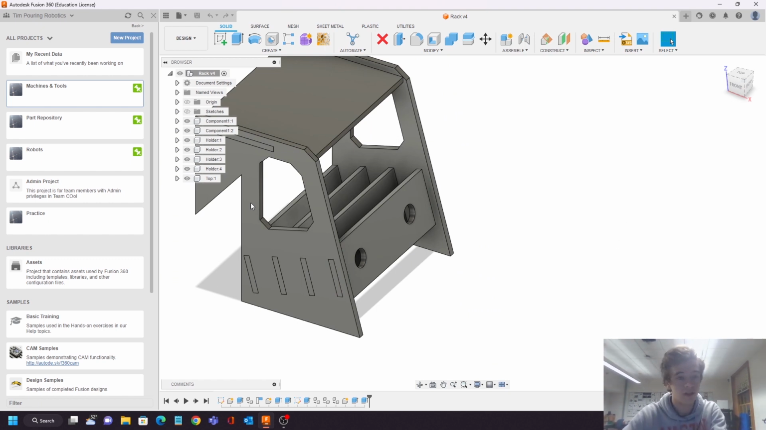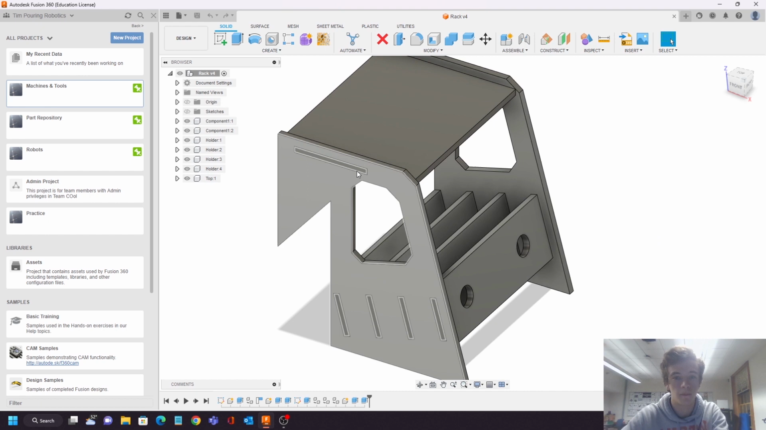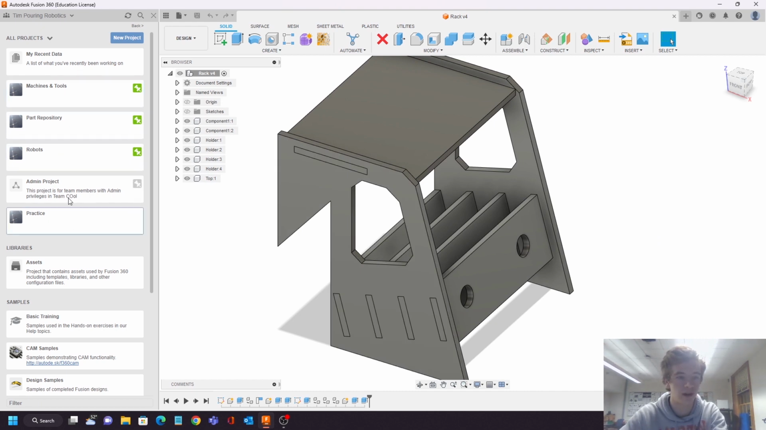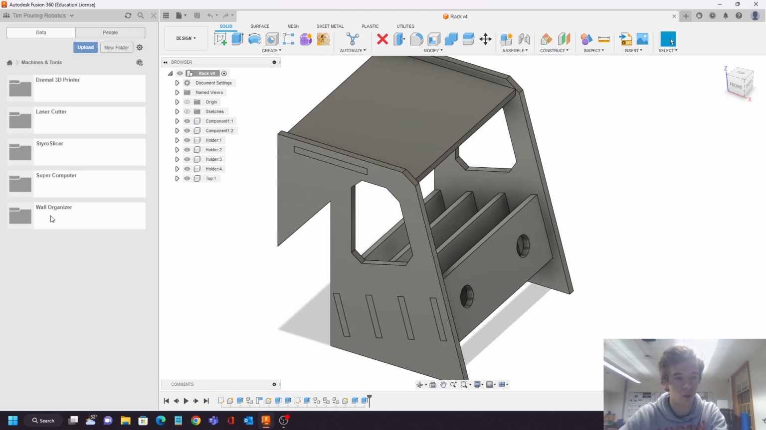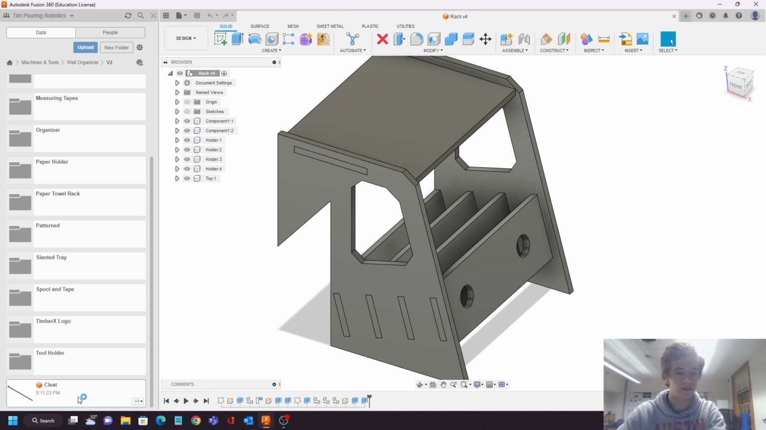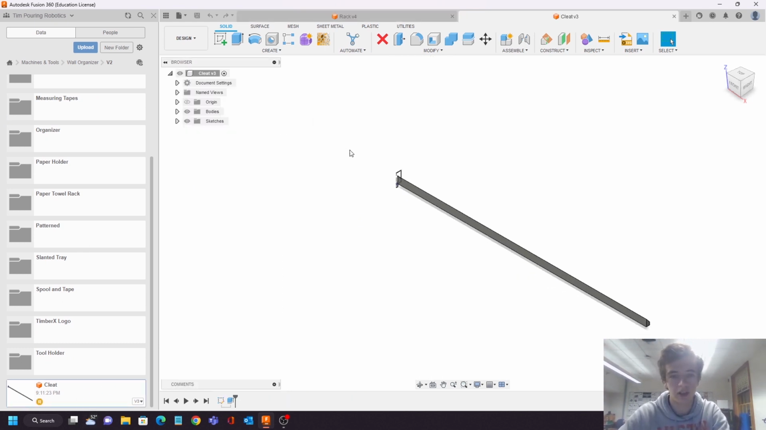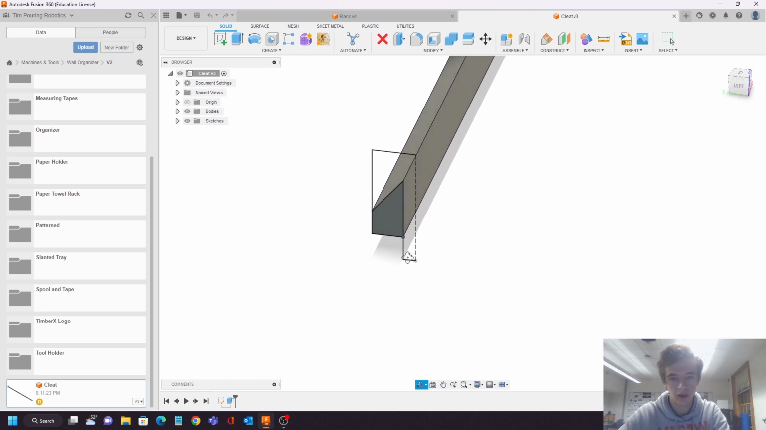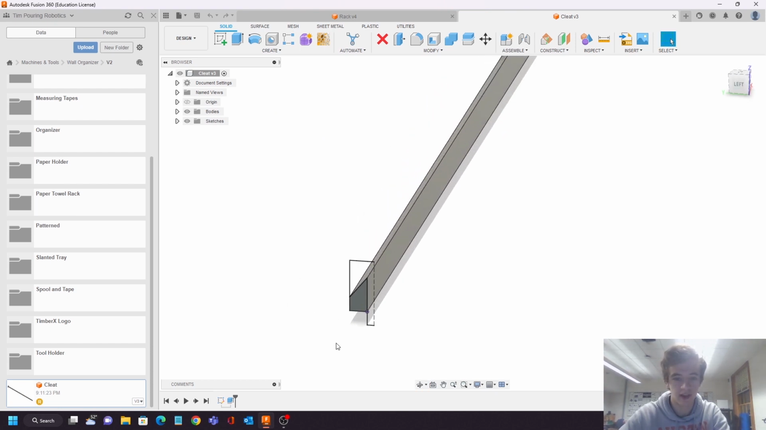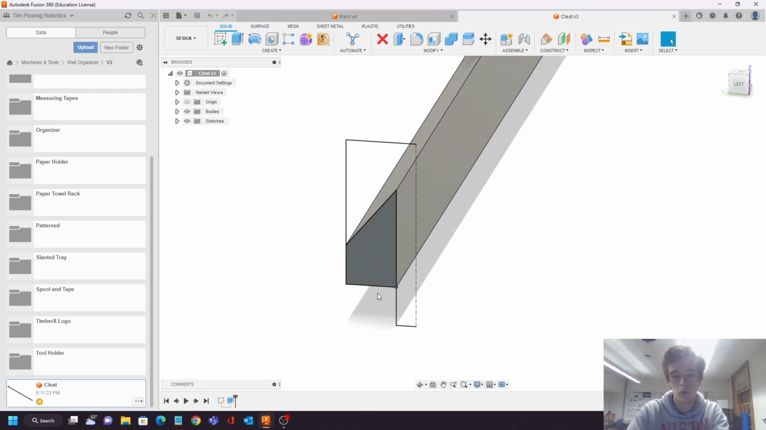So for our team, how we have our repository organized on Fusion 360, over here on our left side, we have machines and tools, part repository, robots, and practice. If we go into machines and tools, the wall organizer, and then we're now on version 2, so we go open version 2. We have this cleat here, the profile for our cleat. And as you can see, this is actually the full length and exact profile of the cleats we actually have, so we can use this to design the cleats that we want accordingly. As you see, we already have this example profile, but in order to actually use it,